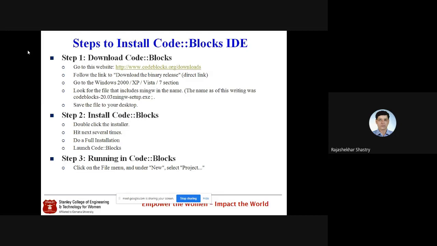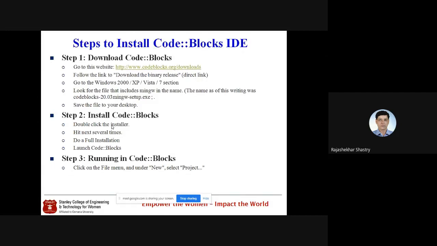Remember, I repeat once again, this setup exe file is for 64-bit. So before you install, check your system configuration, whether it is 64-bit or 32-bit. In case it is 32-bit, we have the 32-bit setup file also in the same list. So download that particular exe file, store it anywhere you wish, then start installing. To install that, double click the exe file, read the steps and follow the instructions.